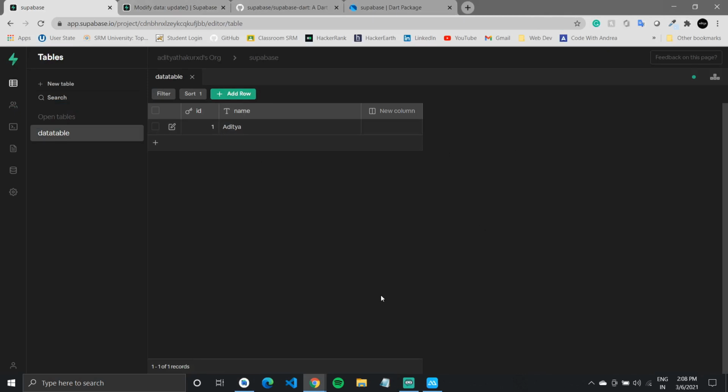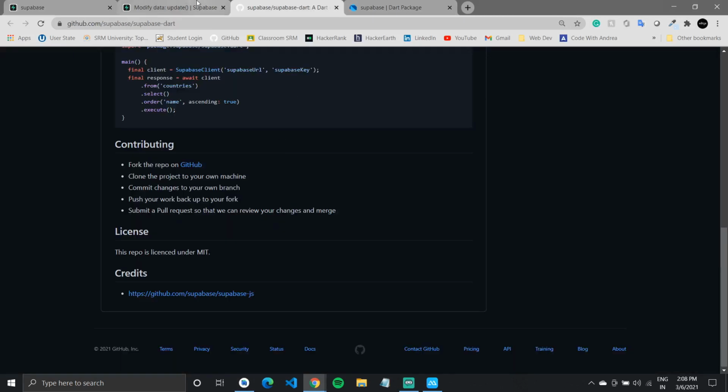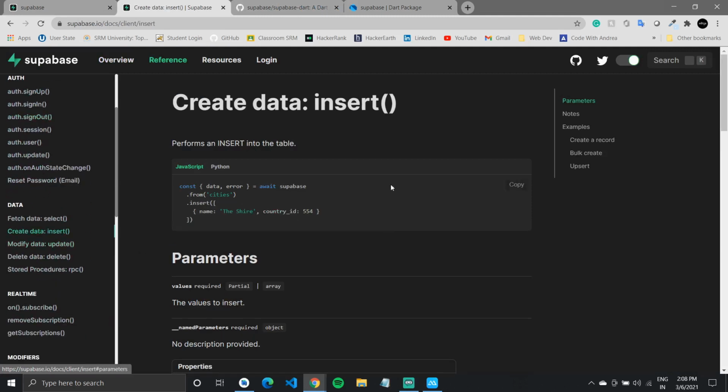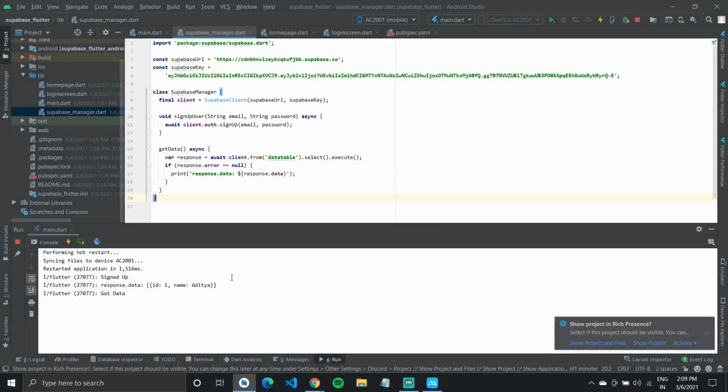So how can I do that basically? Going back again to the documentation, we have this insert, so we can simply use our client and give it the table that we want to make changes to and insert data. This should take in some data, where you can specify the name and the data in front of it, right? So within Dart, I'll create a new function, call this add data.